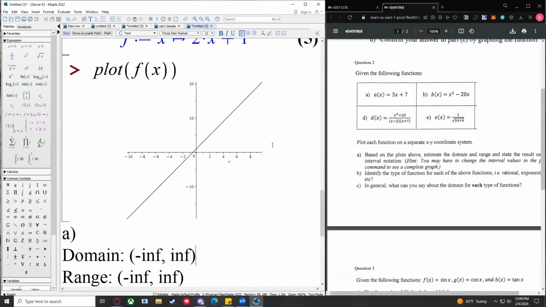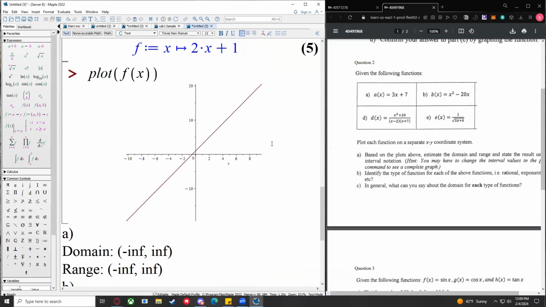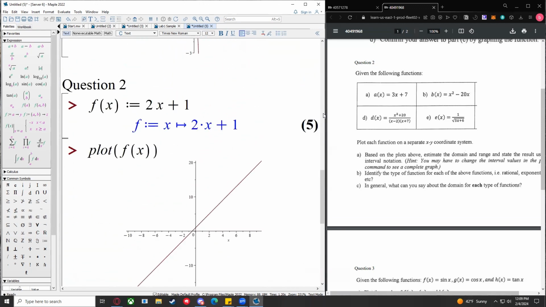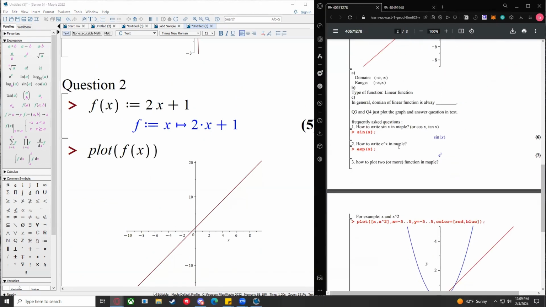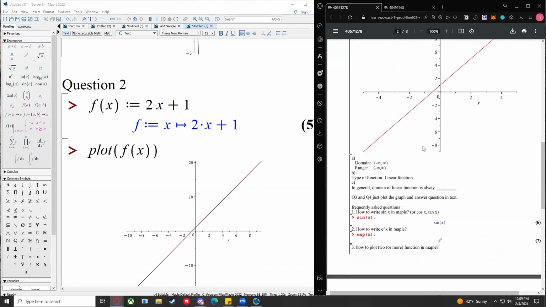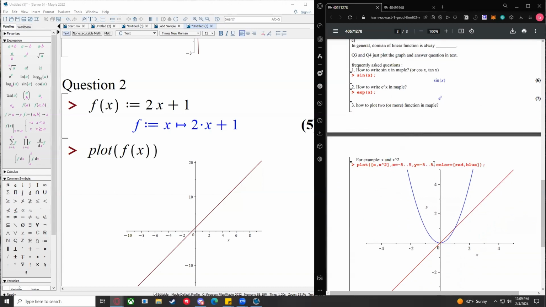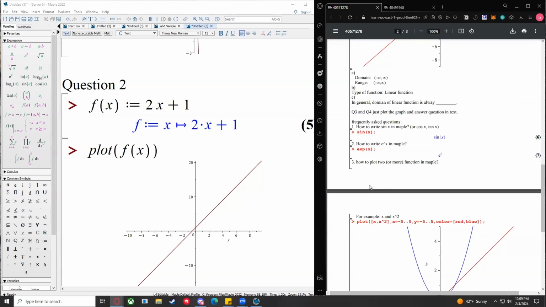Any questions here for number 2? All right. That might be it from my end. I think I do have one last thing. There's some stuff here towards the bottom about how to write sine in Maple, how to write e to the x. We did go over these things in the sample. So this stuff is here in the example that your professor put up, but it's also